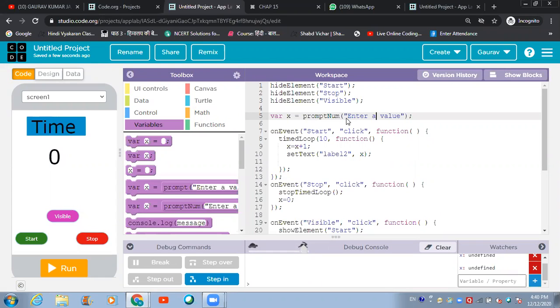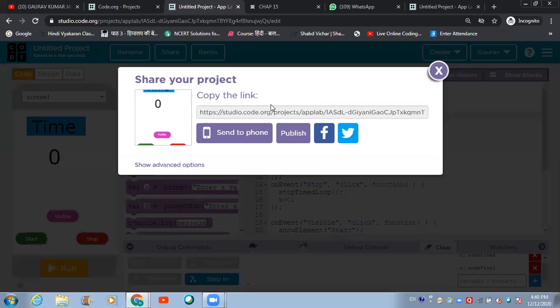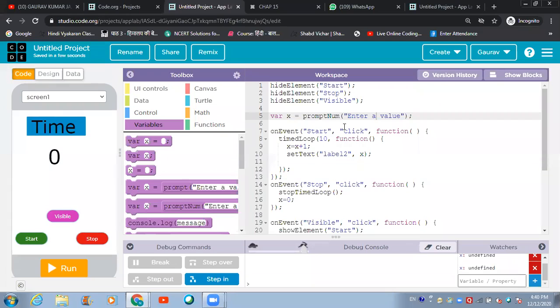I'm going to share the keep code with you guys on WhatsApp as well. Keep practicing whatever we are learning. If it is so, then it is excellent. So I'm going to share the code, whatever